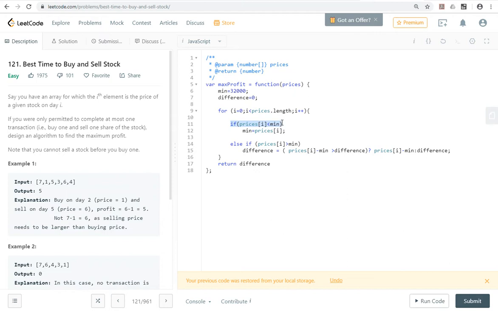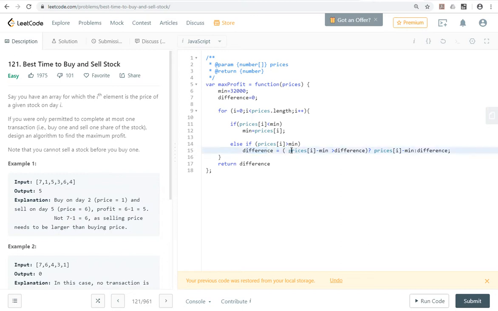So the very first thing I'm going to do is set the minimum price, and that's pretty straightforward. If the price at that index is less than minimum, then set the minimum price. And then if the price is larger now, as I go through different indexes for the next one, if it's larger, then I want to find the difference, and so I just created a ternary, I forgot what you call it, but